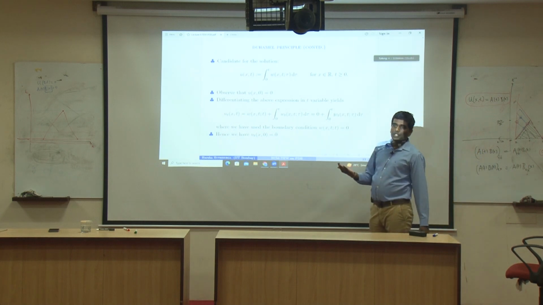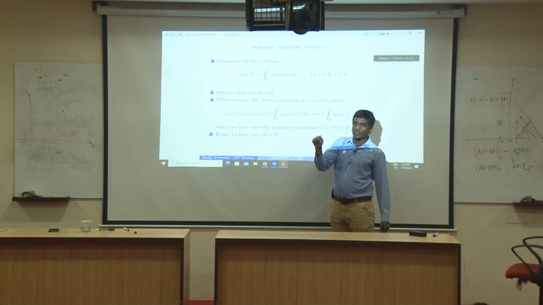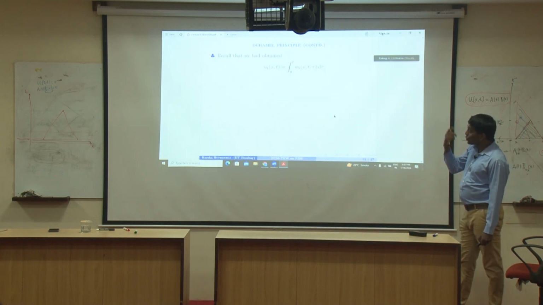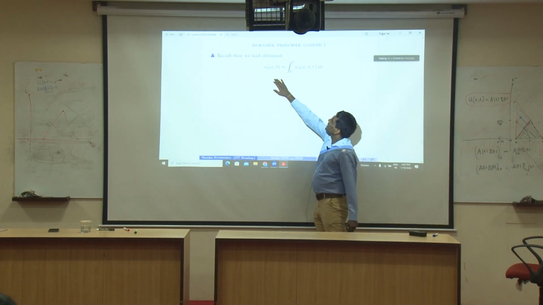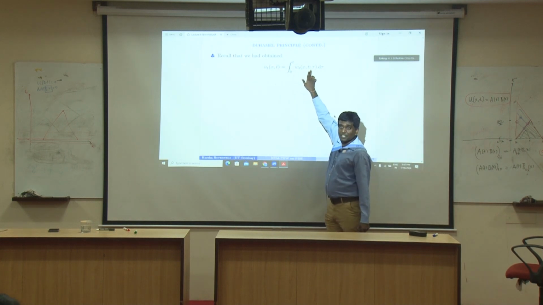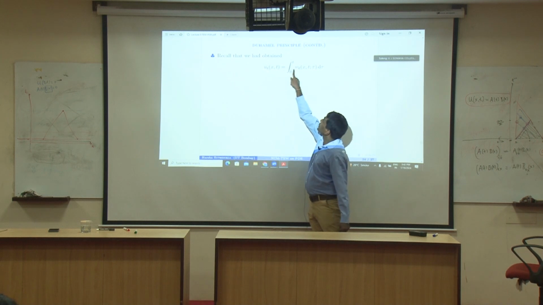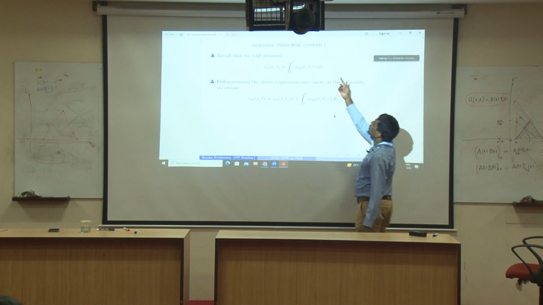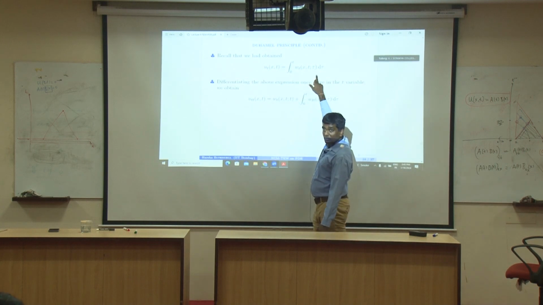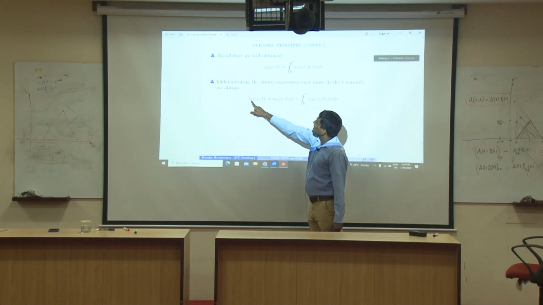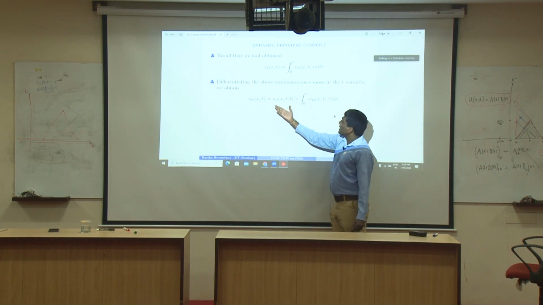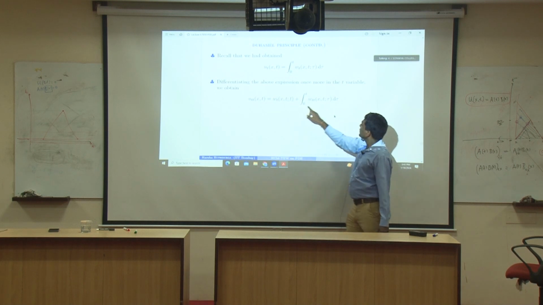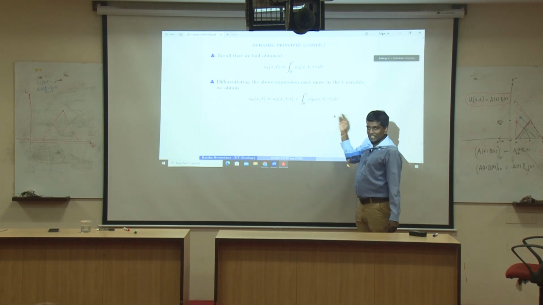Now the only thing left to be shown is that this candidate actually solves the wave equation with the source term. In the previous slide we showed that when I differentiate u with respect to t, I get this term. Now let us differentiate it one more time. On the left hand side I get utt, and on the right hand side I do the same thing, the Leibniz integral rule. I get W_t at tau equal to t, plus one more term where you take the derivative inside.